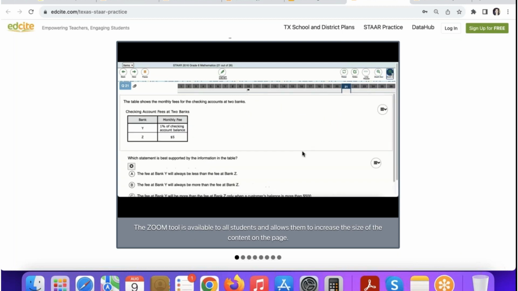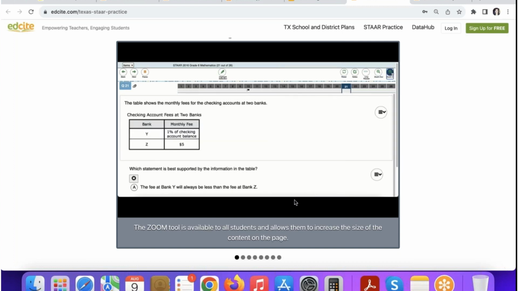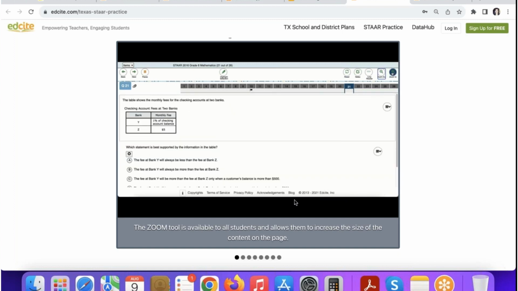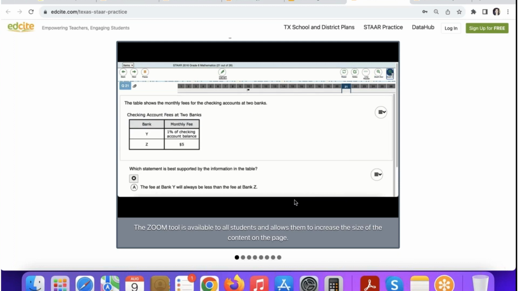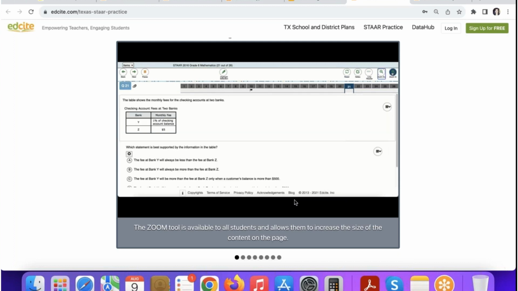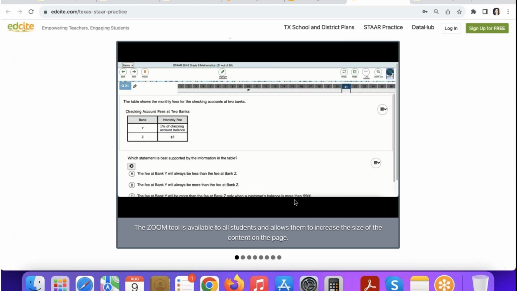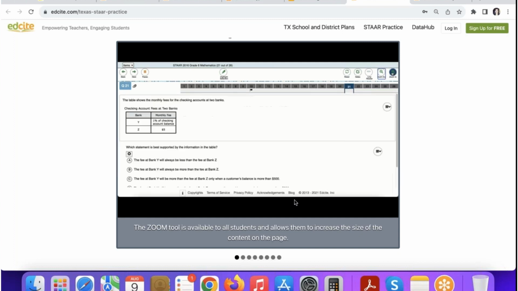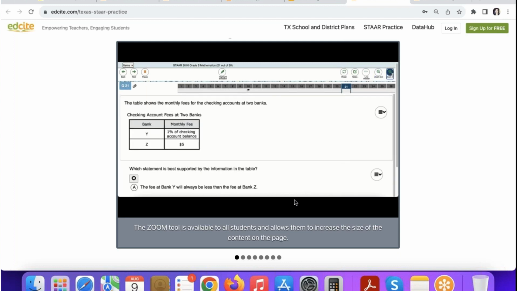Just as a follow-up note about accommodations and tools, you can, on our school and district version, turn on specific tools for specific groups of students, and those can be turned on in a subject-specific way. So if you have a student that gets content clarifiers for their ELA assessments, you can have that turned on so they will be the only ones that have access to those content clarifiers. The same for text-to-speech. Maybe you have a subset of students that get text-to-speech for math, science, and not for ELA. You can turn it on just for a particular subject, and it's only going to be on for that